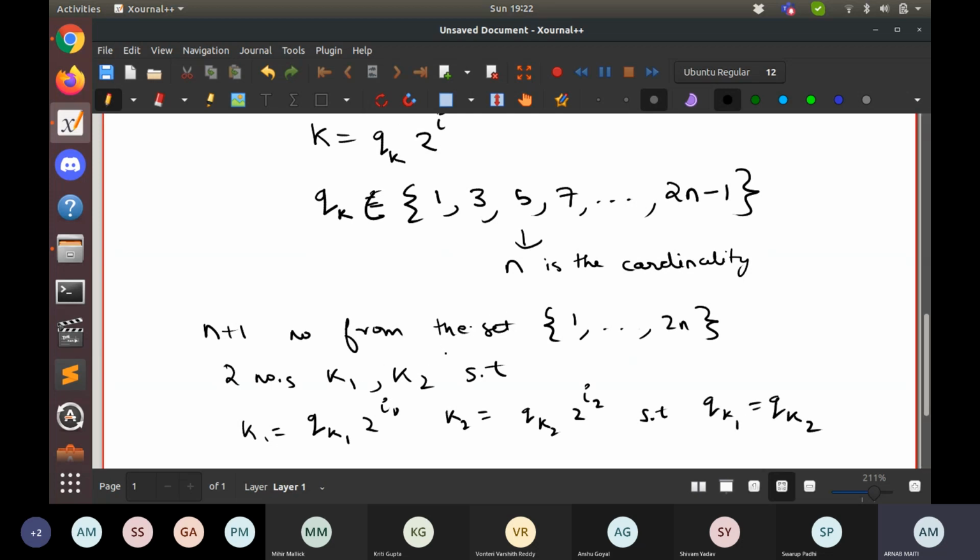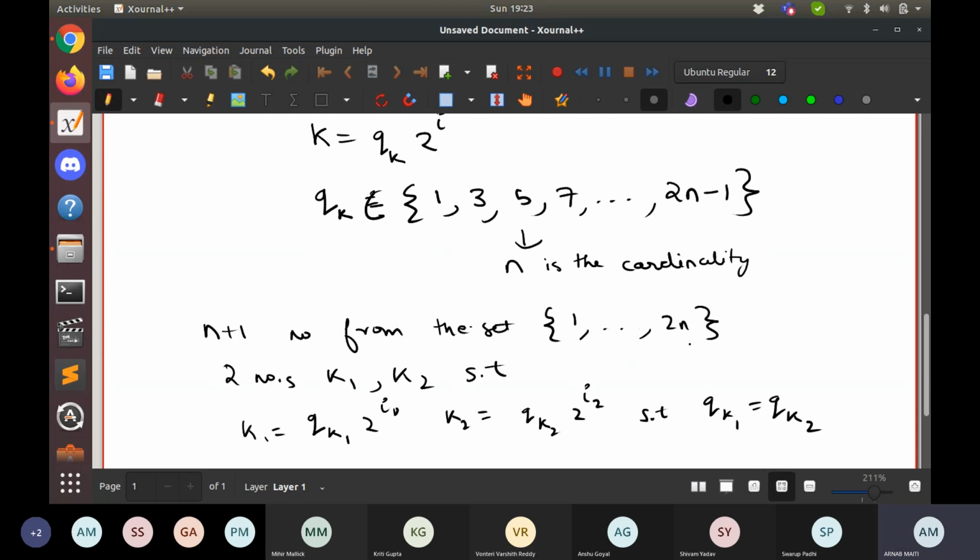This is due to the pigeonhole principle, because if you're choosing n plus 1 numbers, each number has an odd number associated with it, coming from a set with cardinality n. So two numbers should have the same odd number qk.